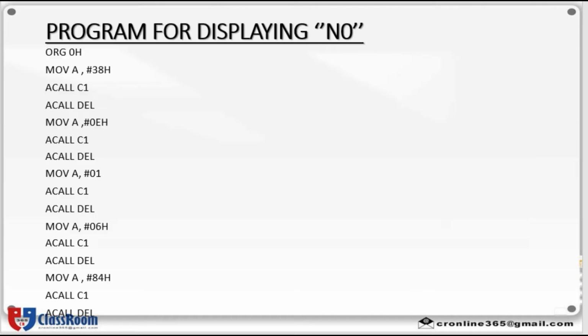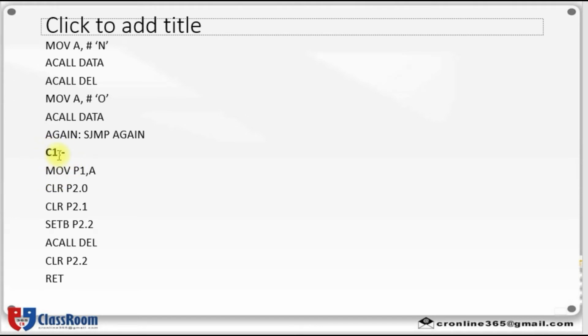Now we can see a program for displaying NO. First ORG 0000H, then MOV A, #38H. What is the meaning of 38? 38 means 2 lines 5 into 7 matrix LCD is initialized. Since this 38 is a command code, I have called ACALL C1. So, C1 means command code